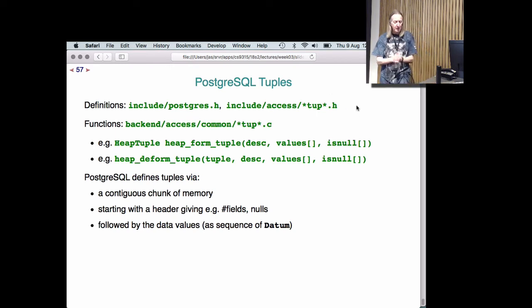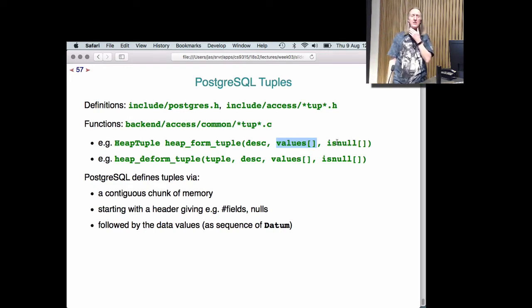Alright, so how does Postgres represent tuples? Well, it has a data type called heap tuple. You can find some of the definitions related to tuples there, but most of the interesting definitions live under that directory. Access has a whole lot of other stuff that's not particularly tuple related, so if you look for files that have got tup in them, you'll find the right things. So we need to be able to build a tuple, and this is basically the thing that I called make tuple before. So you need to have some information about what a tuple looks like, which is what this descriptor is. You need to know what all the values are, and